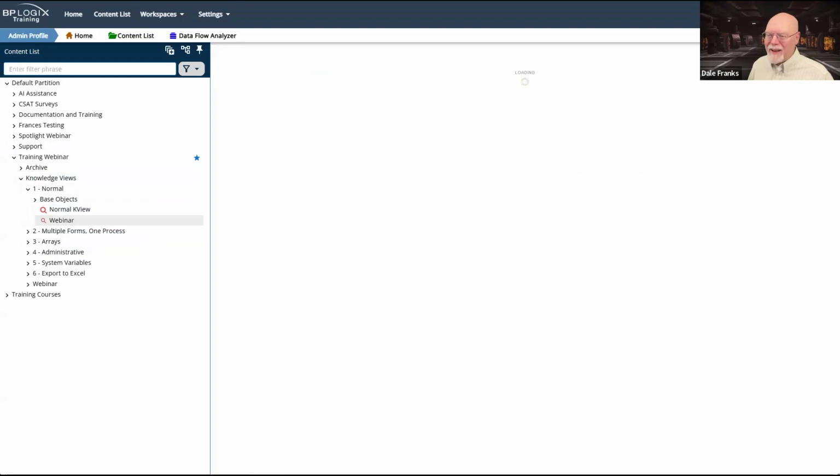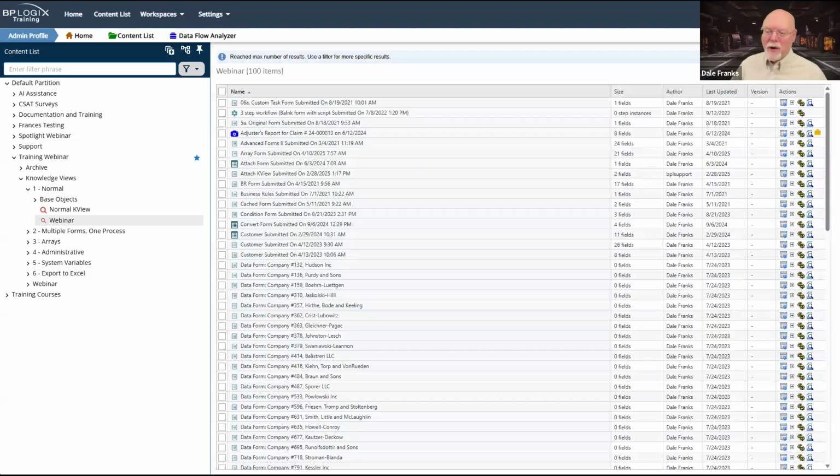If I update and run it without doing anything else, what it is going to want to do is to return every form instance, every process timeline instance, and every workflow instance, because apparently I do have one or two on this system. Here's one right here. It's going to return them all to me.